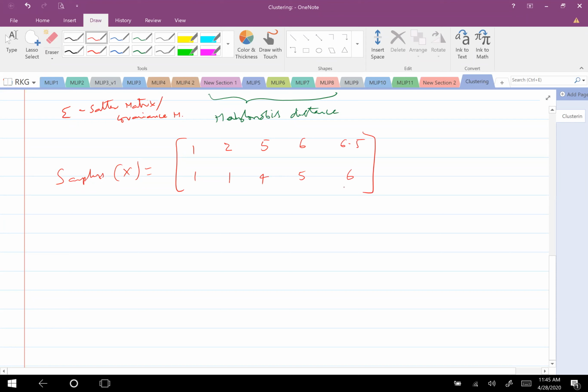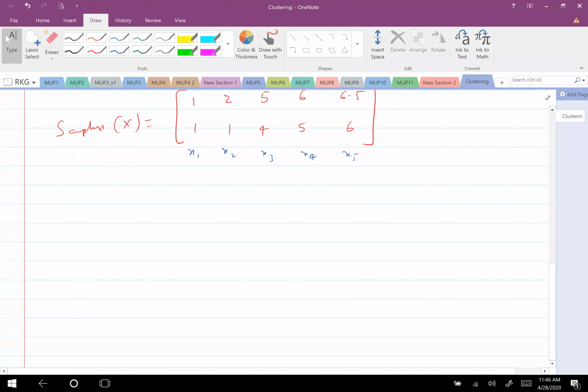Okay, say these are a set of samples, assume that. This is referred to as hierarchical clustering. I will show you what is the main idea behind this. Assume that this is sample x1, I will just denote it with x1, x2, x3, x4, x5. You are understanding, right, what I am writing here?